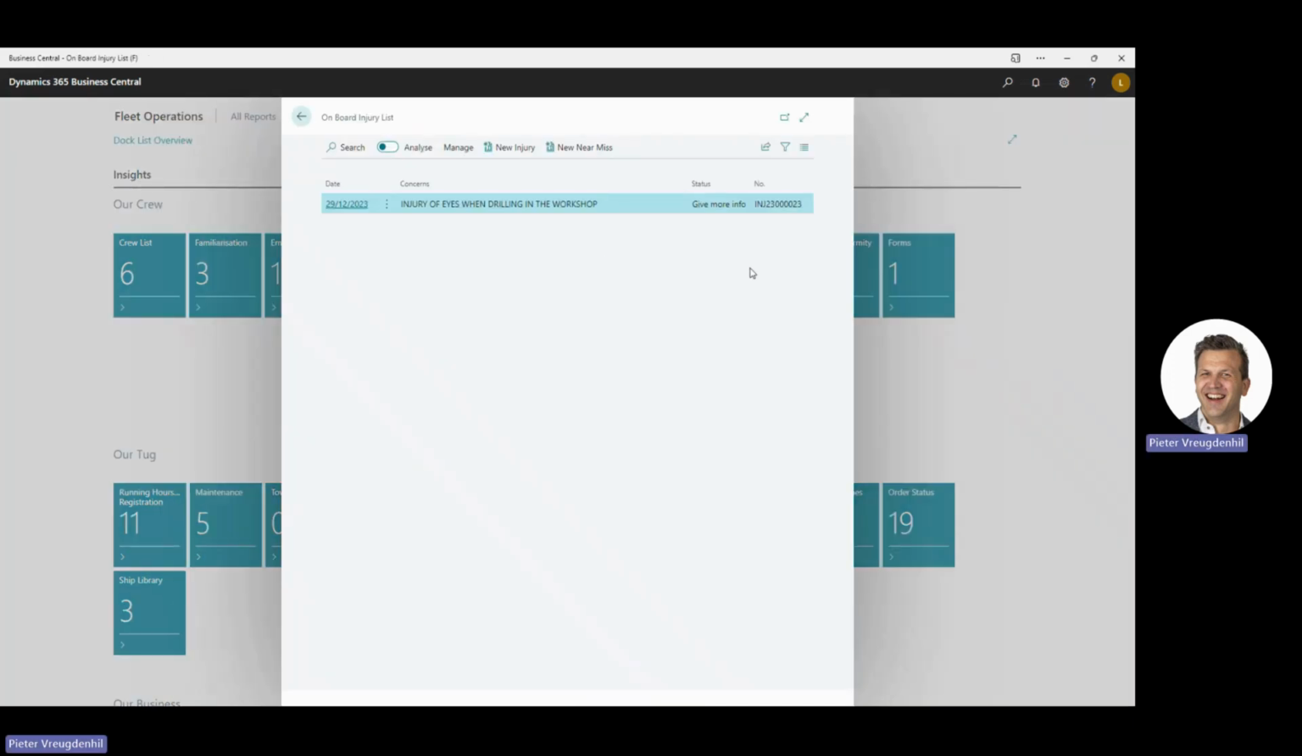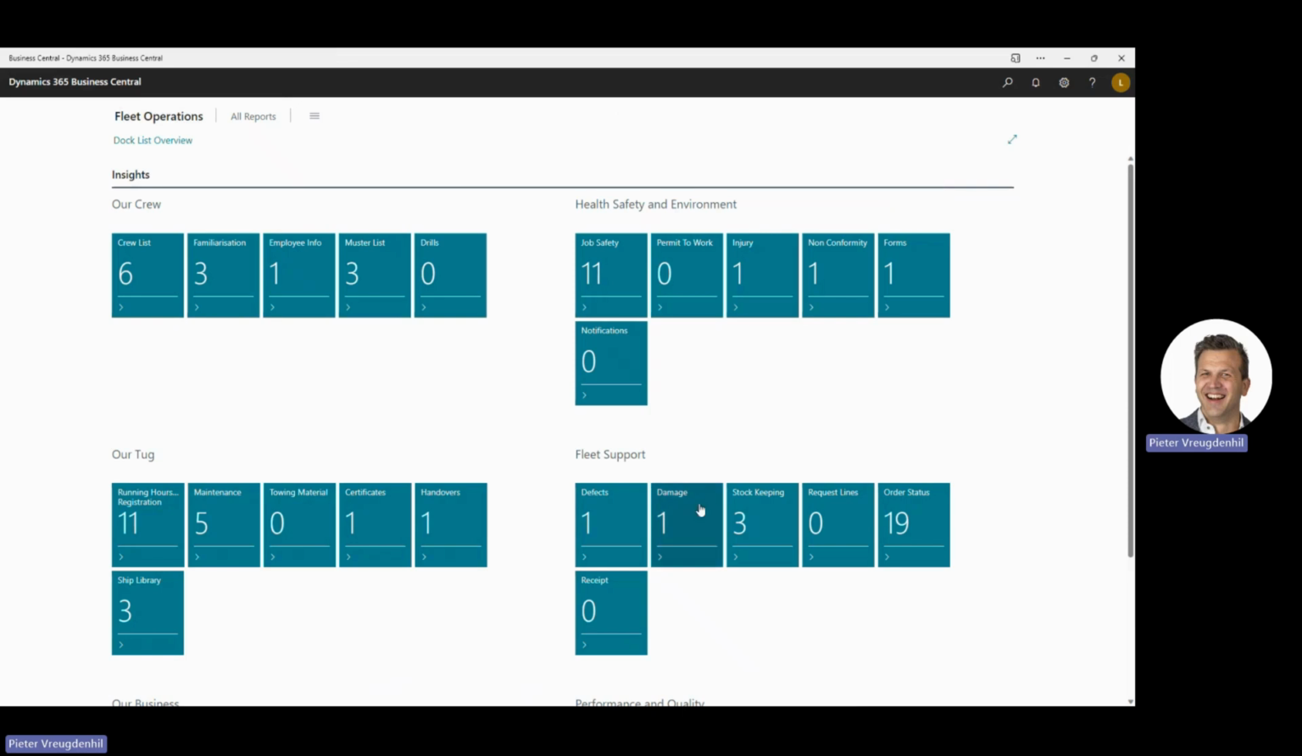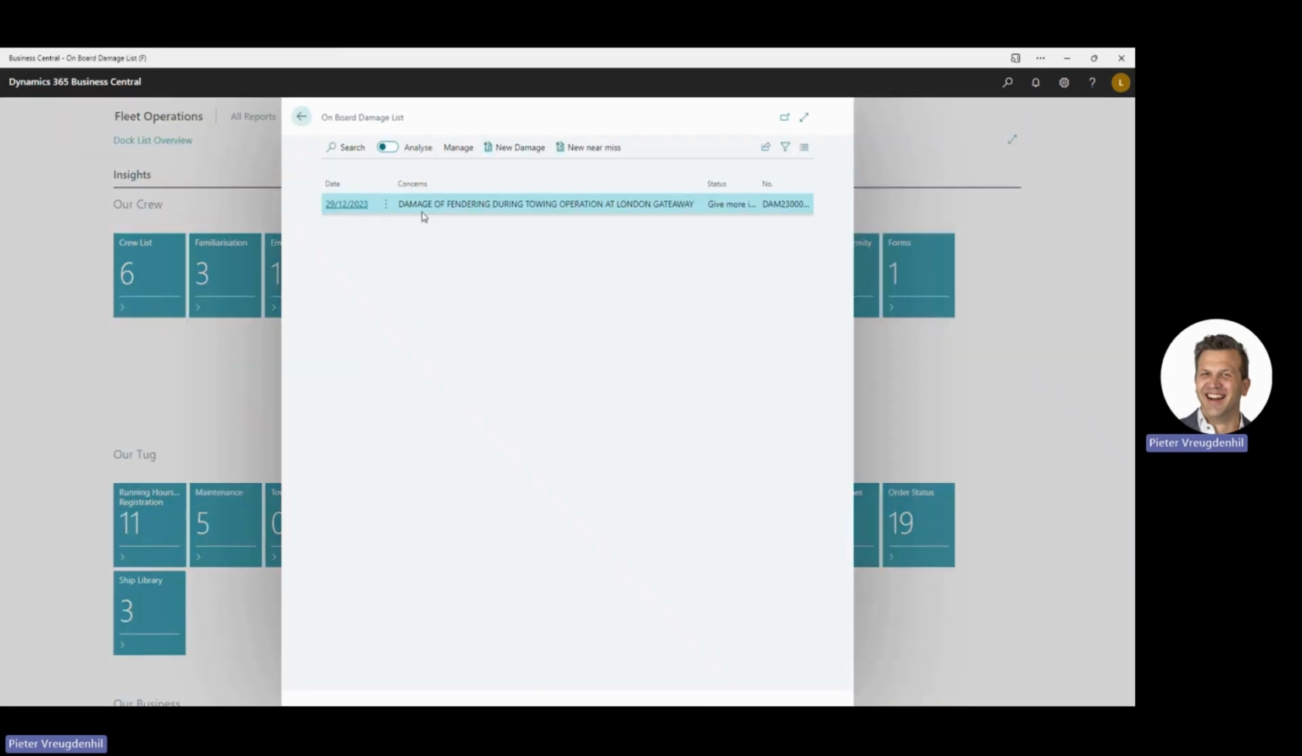You see here an example of injury of eyes when drilling in the workshop. Notice that you can have a near injury or a real injury. These reports all follow the same kind of pattern. With simple why questions like when, what, and why, and how, we will ask the crew to build up the first initial reporting. So notice the similarity under a damage report for damage of fendering during towing operations at London